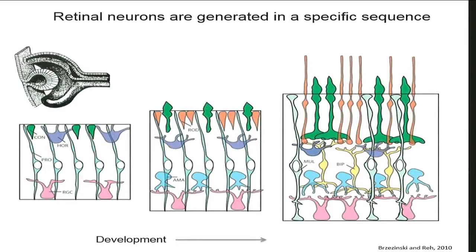Over time, the retina is built up from early cells that are generated, like the ganglion cells, cone photoreceptors, and horizontal cells. Then these progenitor cells continue to cycle and add new neurons until finally the last neurons added into this circuit are the bipolar cells. The bipolar cells mark the end of the normal retinal neurogenesis pathway. These are the cells that we're focused on as part of this project, because as the last ones to fit into the circuit, they also transmit the information from the photoreceptors to the ganglion cells.